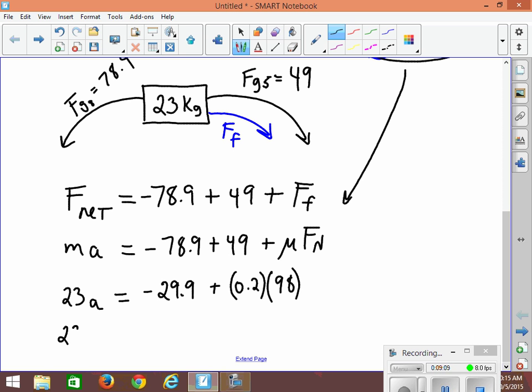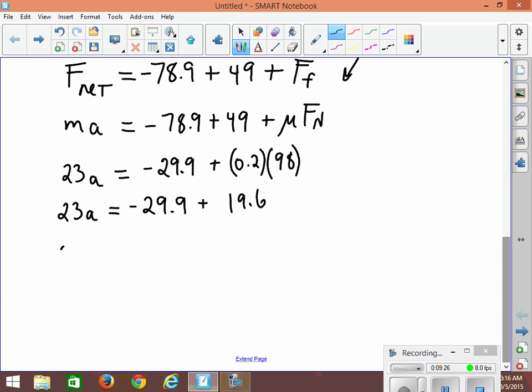And if we keep simplifying this until we get to an answer that we want, 29.9, this would be 19.6. And so the difference there would be 23a, and that's looking like 10.3. So we still have a negative number, right? And if we do division, divide everything by 23, we get about 0.44